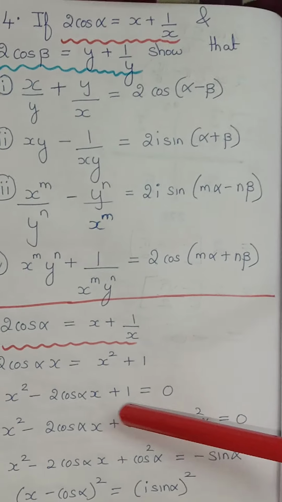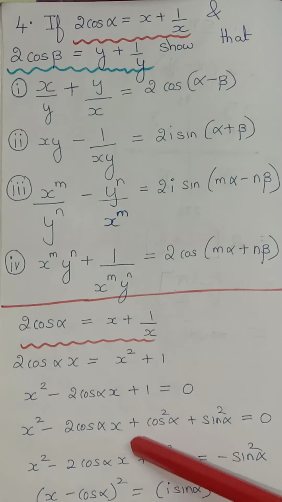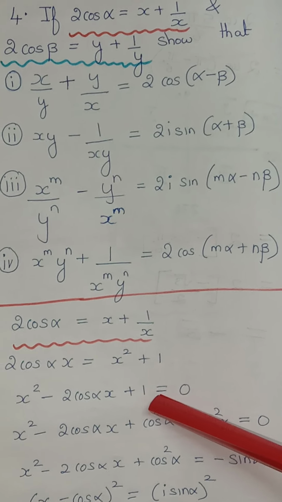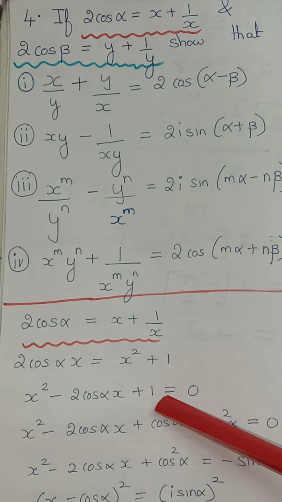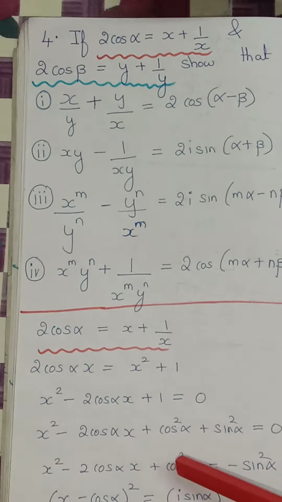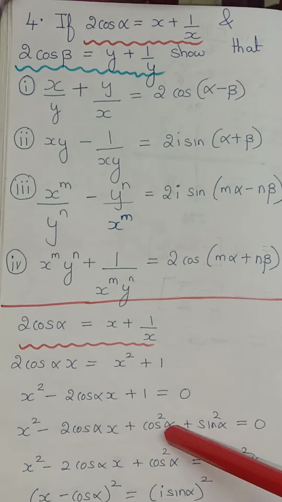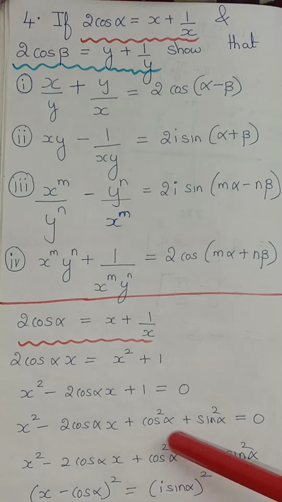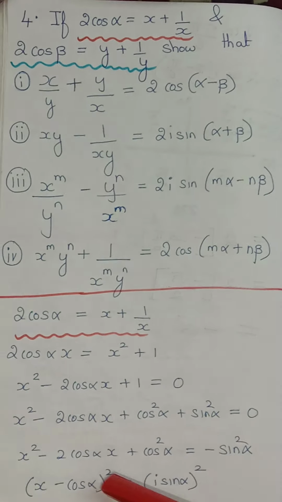You know the formula method to solve this quadratic equation, but let me do it by another method instead. I will keep x square minus 2 cos alpha x as it is. Instead of writing 1, we have learned in 10th standard the identity sin square theta plus cos square theta is equal to 1. Here, instead of theta, I write cos square alpha plus sin square alpha is equal to 1. So instead of 1, I am replacing cos square alpha plus sin square alpha, writing the cos square alpha term first because here I have cos alpha.